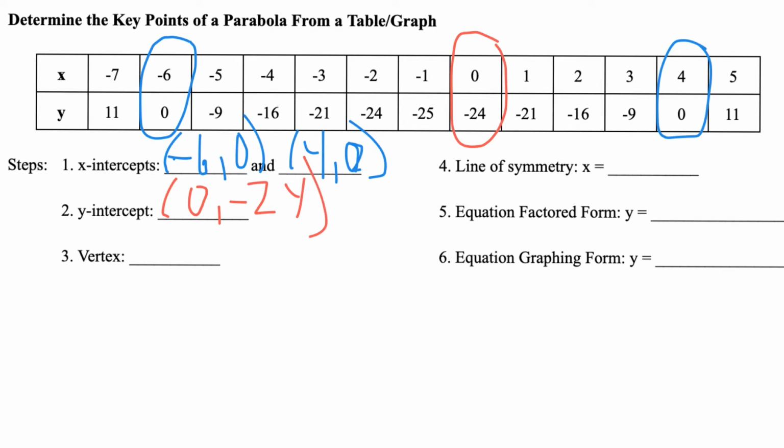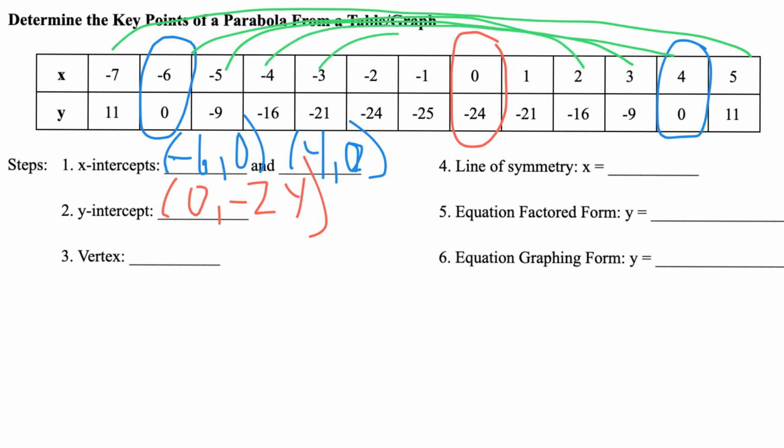The last key point that we need to figure out is the vertex. Parabolas always have symmetry to them, which means that we should be able to find some points in the table that match up. If you look at this table, negative 7, 11 is going to match with 5, 11. Our x-intercepts will match. Negative 5, negative 9 is going to match with 3, negative 9. And if we keep working our way to the middle, we can see that our vertex is at negative 1,